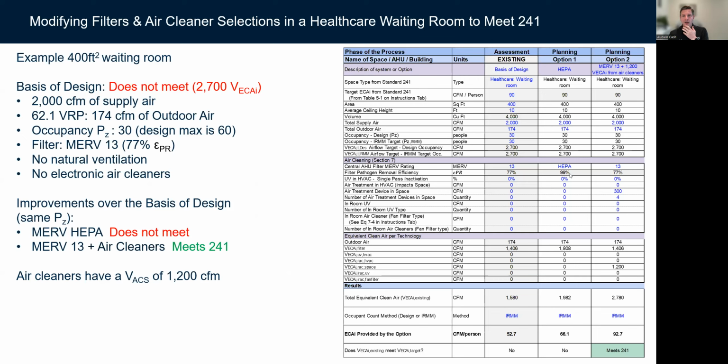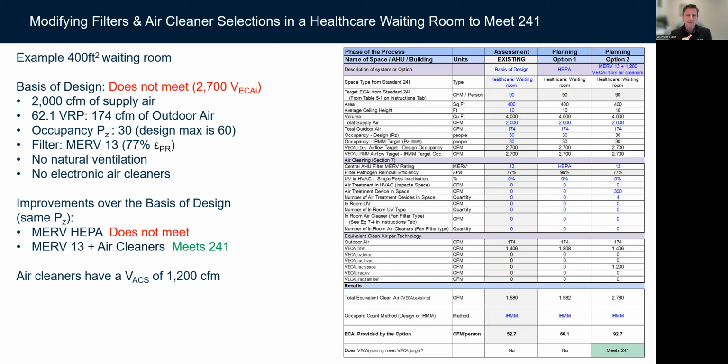And so I went to a HEPA filter. Some of you are probably rolling your eyes, like there's no equipment that supports a HEPA in these types of applications. Okay, I get it. But just theoretically, I had a HEPA and I still don't make the math. Why? Because I've got 30 people in this space and I'm trying to get to 90 CFM. This is one of those scenarios where adding four air cleaners and doing all of that seems unreasonable. So really, the IRMM for this application is put half the people in their cars in the parking lot until